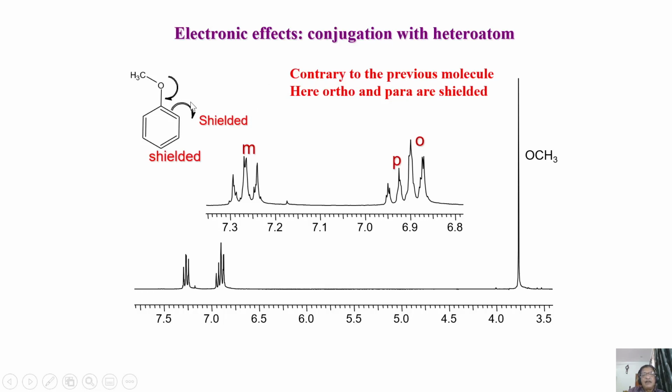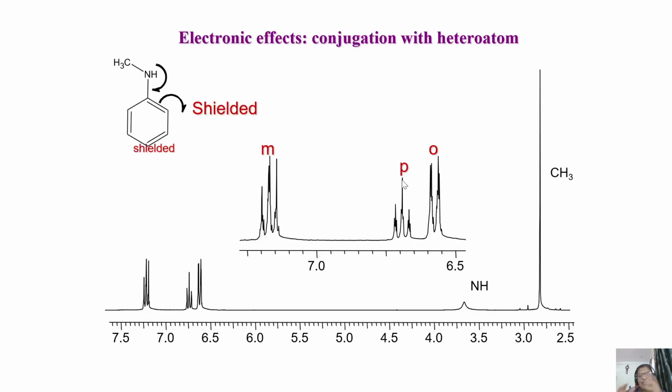But in this case, take the aromatic protons here. The addition of an OCH3 group in this position makes the protons in the ortho and para positions shielded, whereas meta protons are de-shielded. Exactly what you see. Meta protons come downfield, whereas ortho and para protons come high field. So these are some of the examples we are giving. Same thing when you conjugate with a heteroatom like this NH and CH3 group. Same way, another example similar to the mesomeric effect.